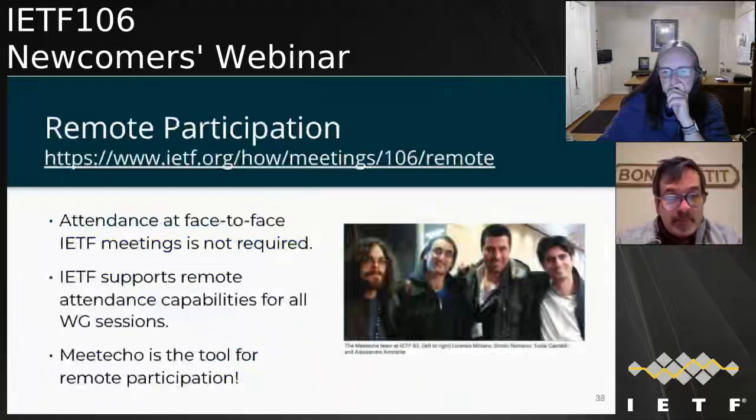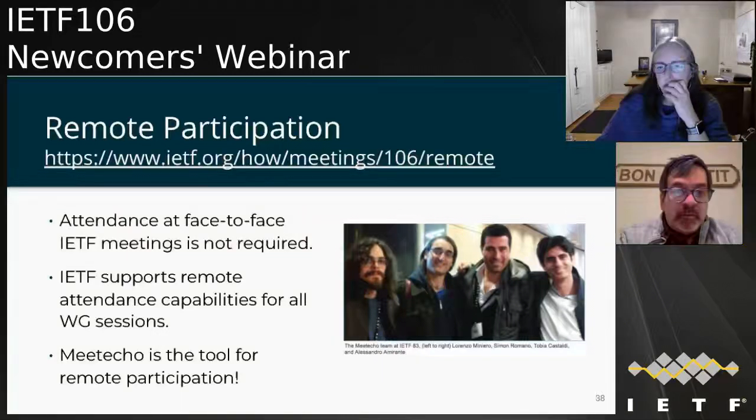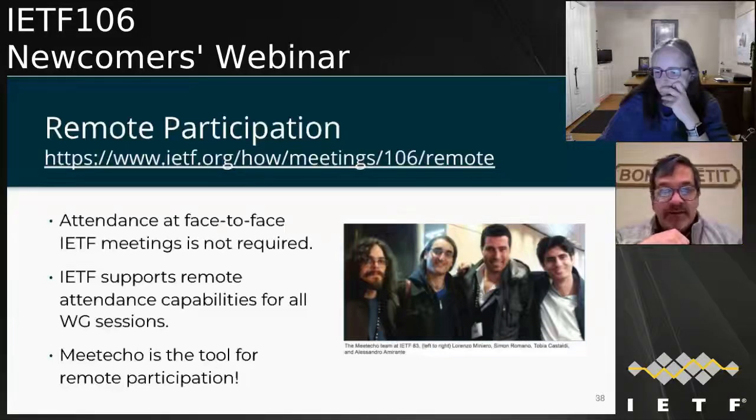Remote participation. You don't have to attend. Certainly the November meetings, which are typically in Asia, tend to be more inconvenient for large portions of the attendees. You can attend remotely. Every working group will have an online video conference set up like this, run by MeetEcho. Our organizer here is Tobiah, the third one on the right from the left. We support remote attendance. We have Jabber, as Karen mentioned. I think the next slide we'll talk a little bit more about that. And the MeetEcho is just browser-based video conferencing, communication, chat room, and so on.